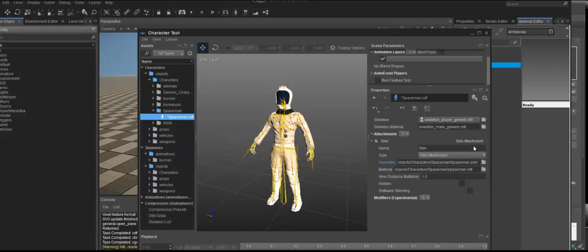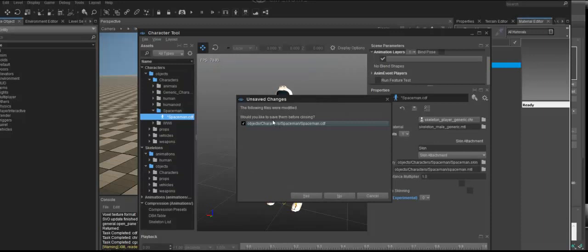Now we would add attachments for the camera, the weapon bones and such in here, which I'll cover in a different tutorial. If we just save all, come out of there, save that,